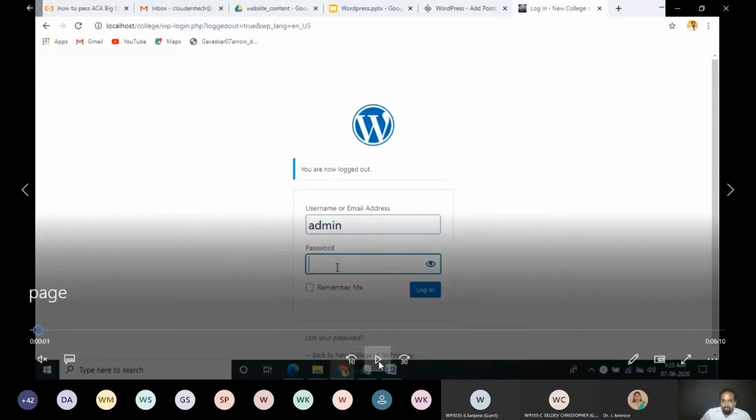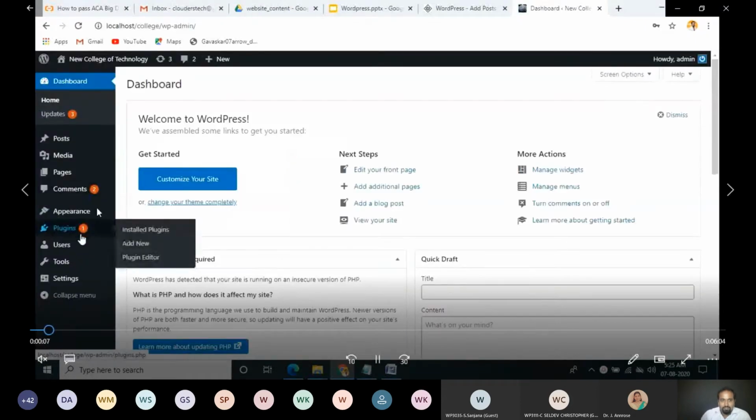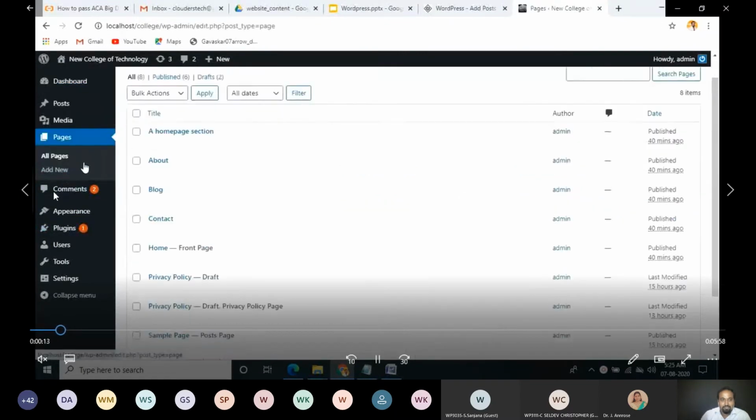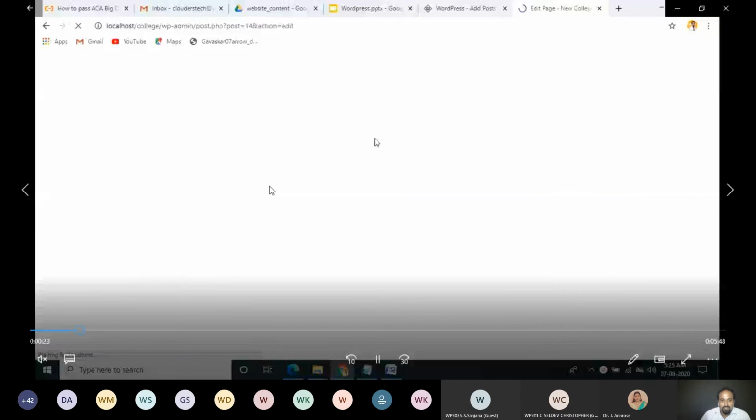Now again, the same way you have to log in with your username and password. So now on the left side you can find Pages. If you understand posts, the page is very easy for you. Same way you have to create a page and add it to the menu bar. Now you see by default many pages are present. So now I am going to edit these pages. If I don't want this page, I can delete that also. Now you see the same content, I am going to copy and paste.